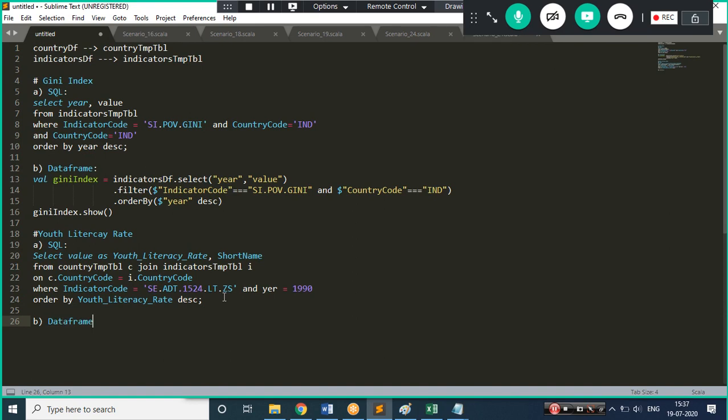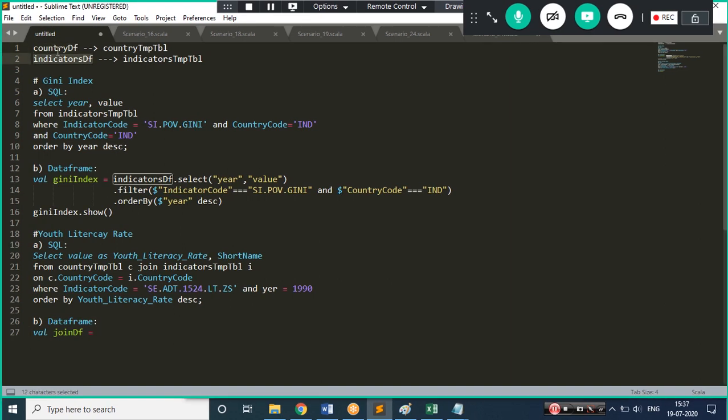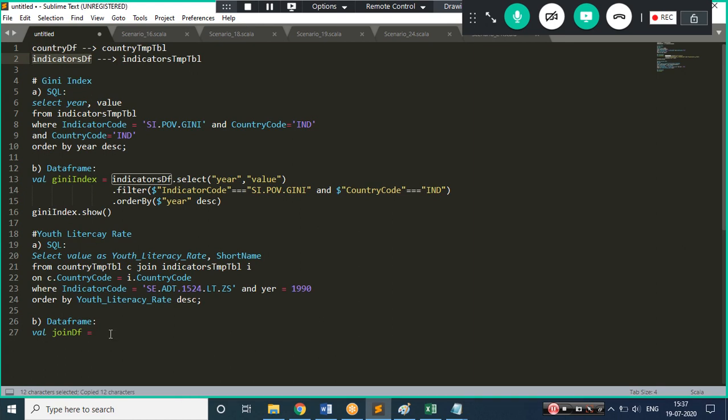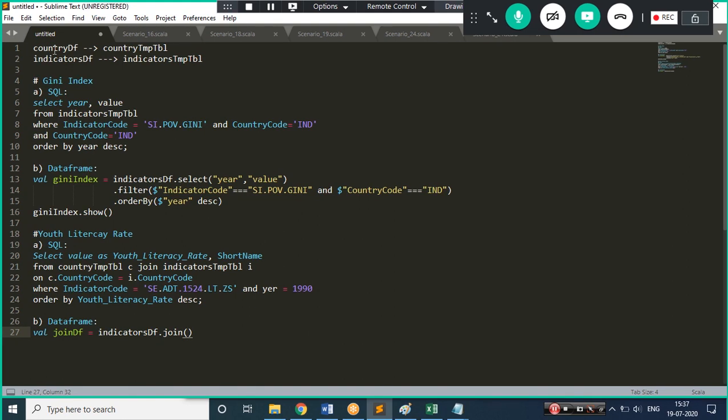So first, what I'll try to do is create a data frame which is nothing but my join data frame. First I'll try to join these two data frames, which are nothing but my indicators data frame and my country data frame. So join, and my second data frame is nothing but my country data frame.